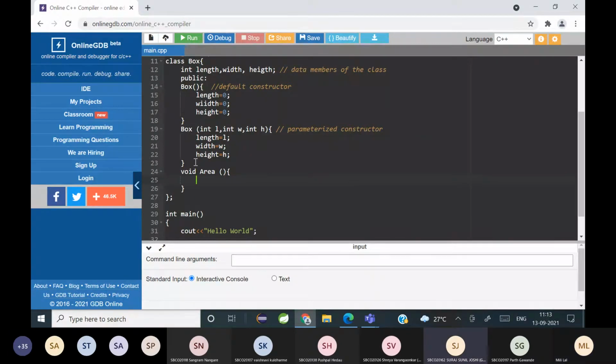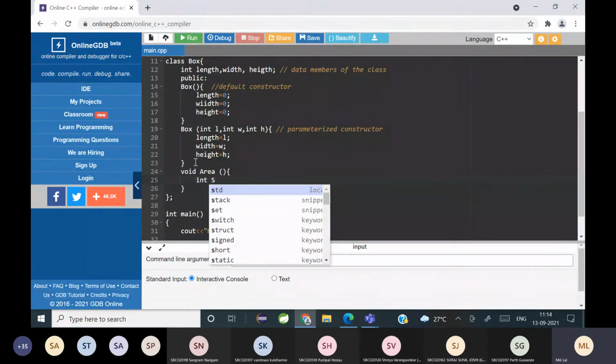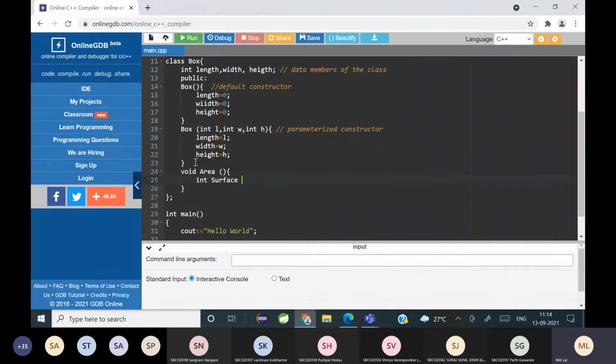Length into width plus width into height plus height into length, or the whole multiplied by 2. So surface area you can say it as, surface area. Okay, let me make it here.